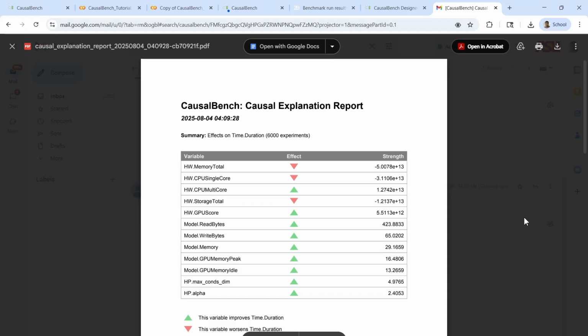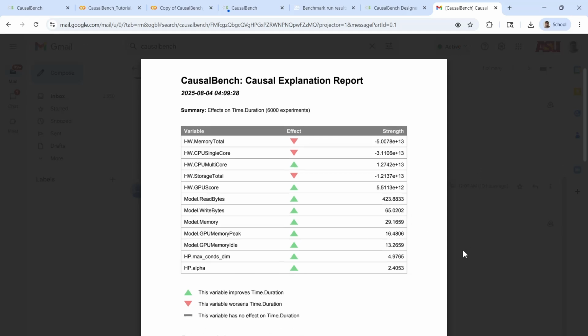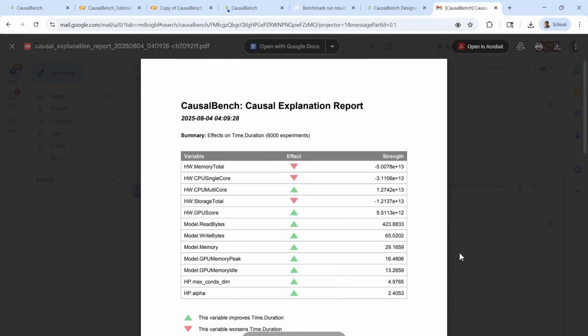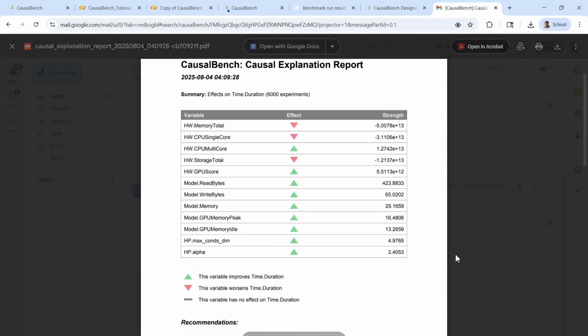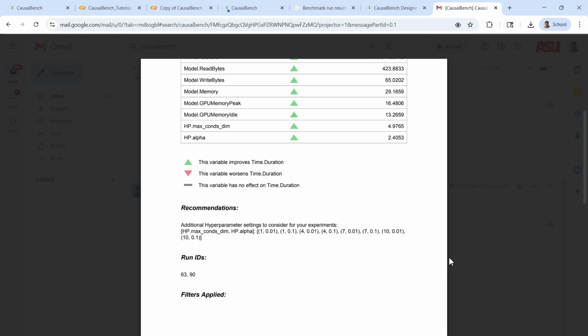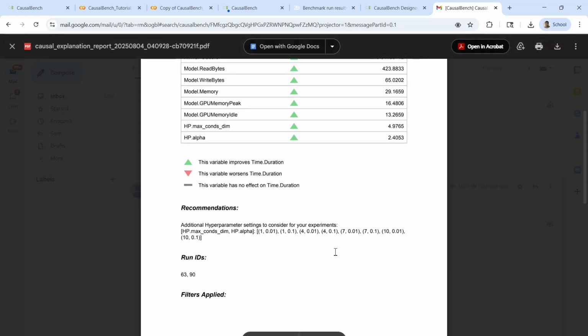But lastly, we can see that hyperparameters also contribute to changes. In this case, max conditions dimension has a larger effect than alpha. So with this analysis or explanation results, if you could go below, yes, we recommend a set of hyperparameter configurations